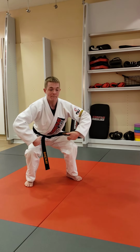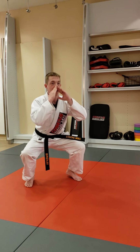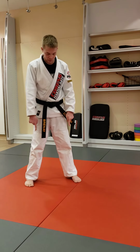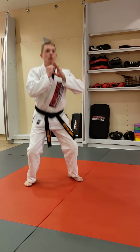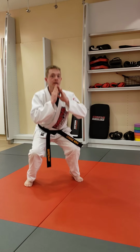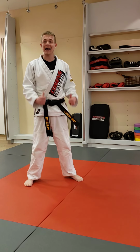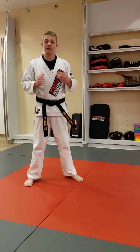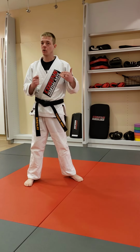We want to bring our butts down. Everything's level here, and up, down, and up. We're using the balls of our feet to push up and out. So we squat, you can even add a little thrust in, but depending on your level of fitness, some of our higher belts, add in some jumps in there. Add in some push-ups in between if you like,